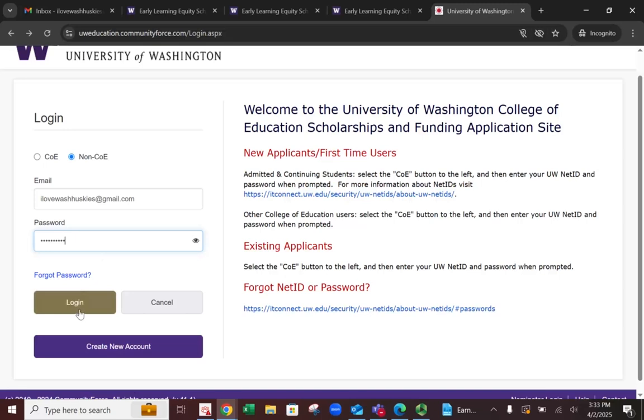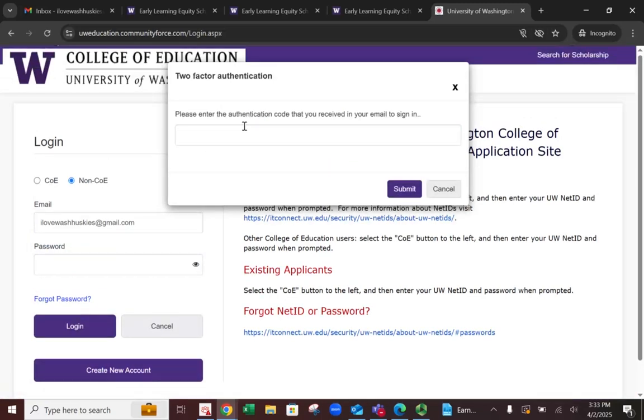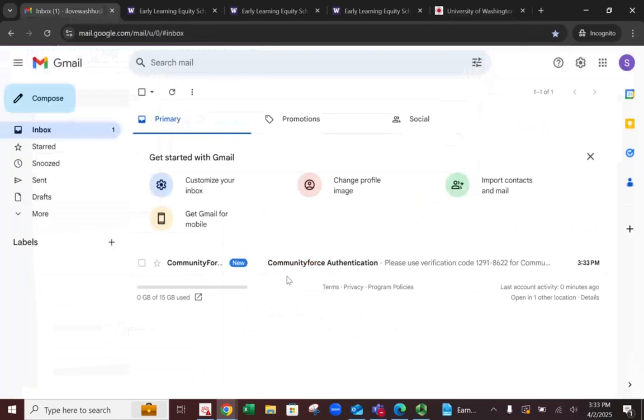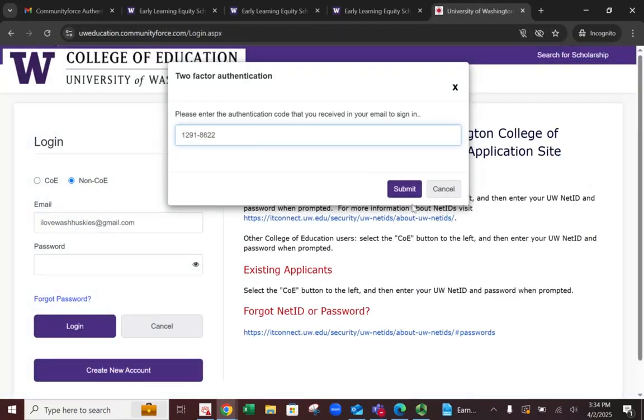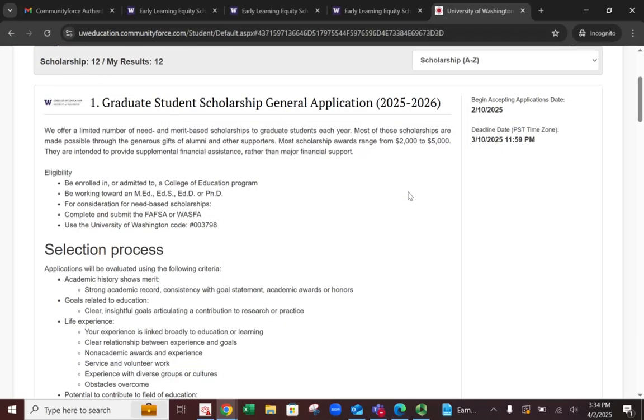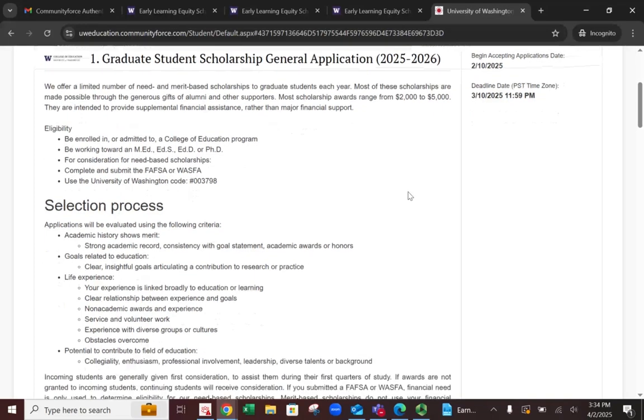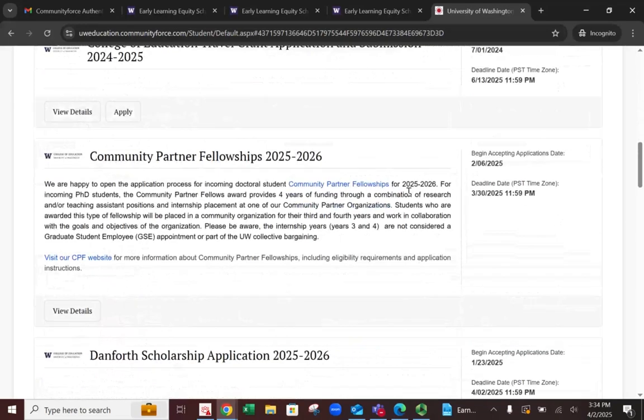Once you do that, you can click login, but then you'll be prompted to enter a code that they will send you. Once you get that code, you can copy it and paste it here, hit submit, and you're good to go. Then you will be shown this page, the scholarship page, where there are a ton of scholarships.